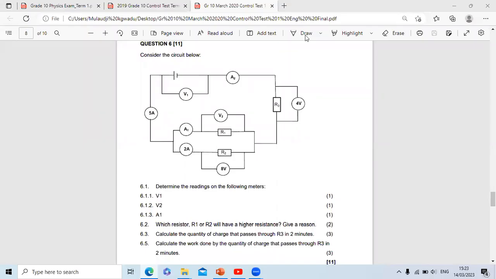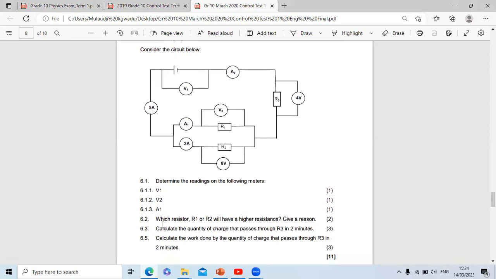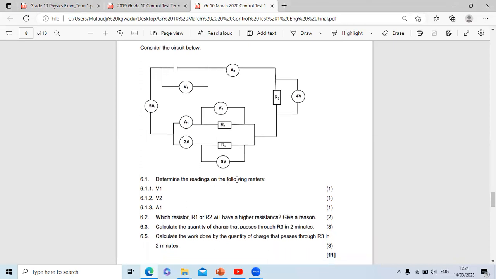So, they say consider the circuit below, and you can see we have our circuit with a cell with our voltage, our ammeter, and these resistors and all these things. So we have our questions, and they say determine the readings on the following meters: V1, V2,